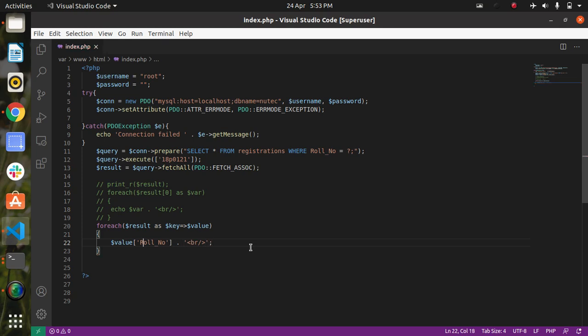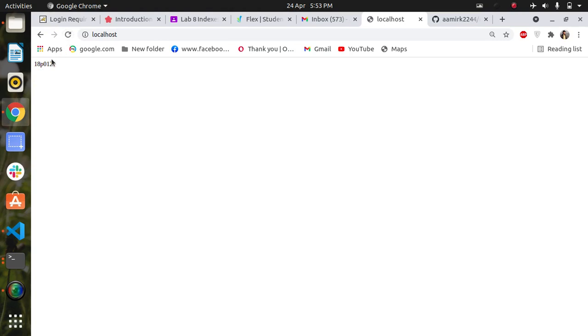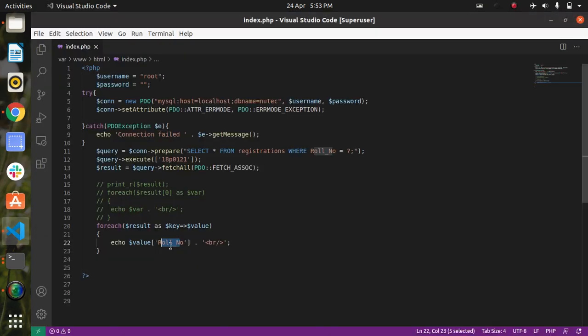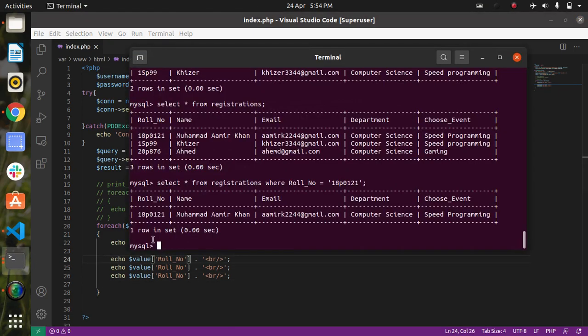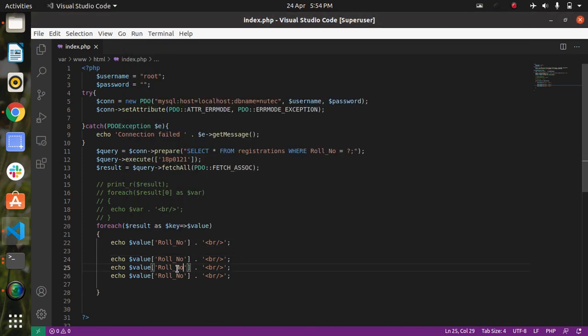So let's check this echo, and our first column name is only roll number. Let's run this and we will get the roll number here. So this is our first column name. Let's run the others too. The second column name was, as you can see, name. Now I will use the second column name as name.